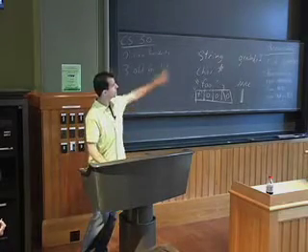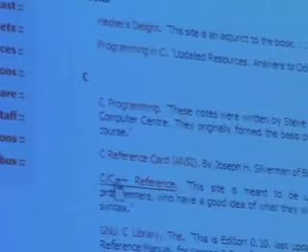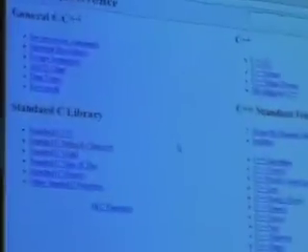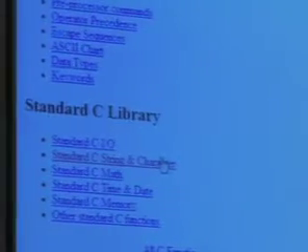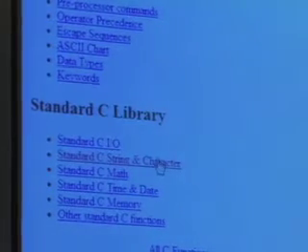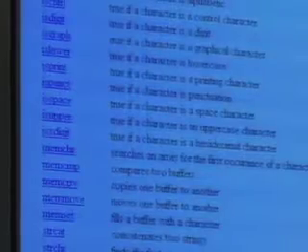If you click resources on the course's website, under the category C, I would dare say the best resource on this site is this one called C/C++ reference. It looks like this. For this class, you can largely ignore everything on the right because it's C++ specific, and we're focusing on C. And you can see I already pulled this thing up today. The second link here, standard C, string, and character. These are all the functions that you get for free with C that somehow relate to strings.